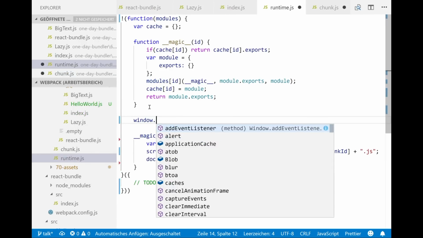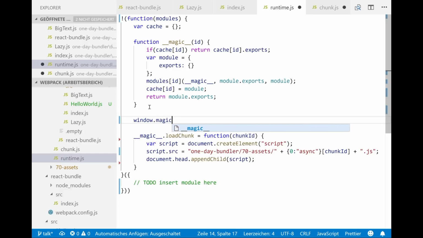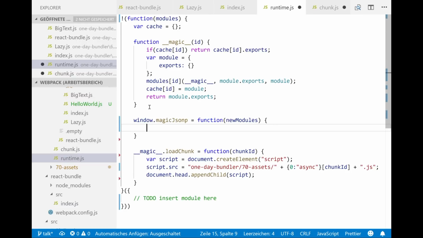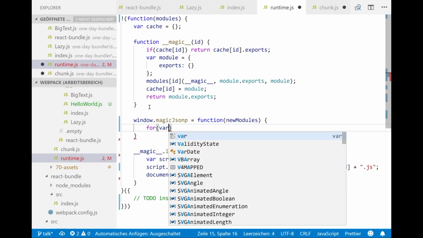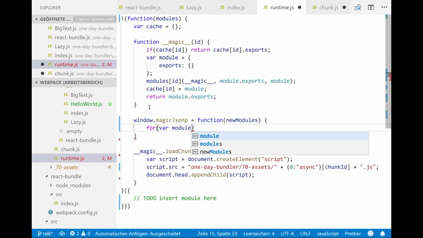So we just register a magic JSONP function, and new modules, blah blah, and because for in is the most popular, for an ID in new modules.